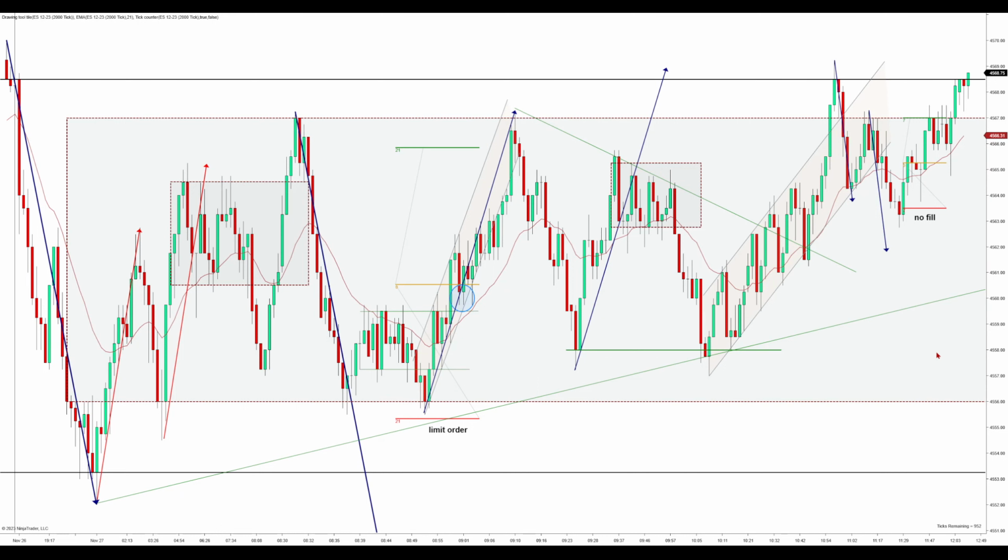I'm trading the ES futures on a 2000 tick chart with a 21 EMA. So I've got the overnight high up here and the overnight low down here. These are our key levels for the day. And I started trading at 8 Central Time, which is this area right here, just before we pushed on lower